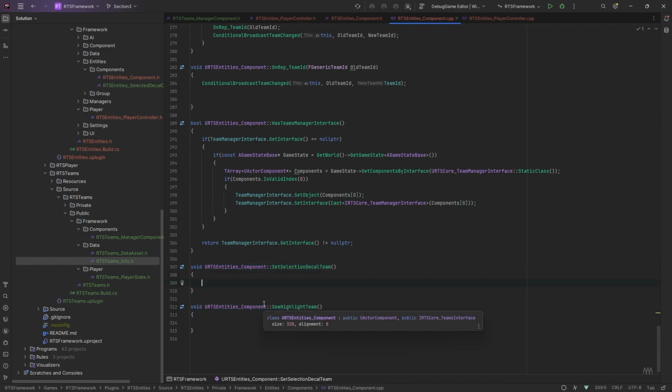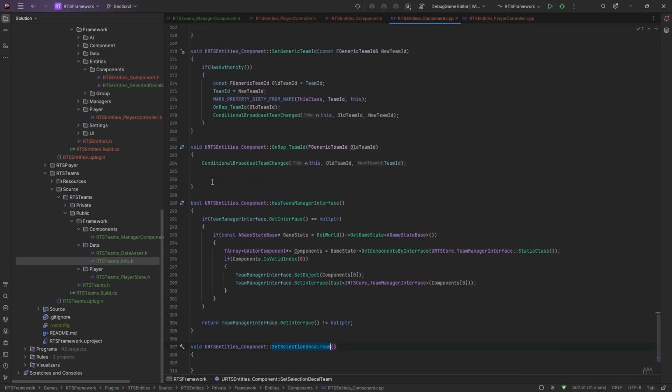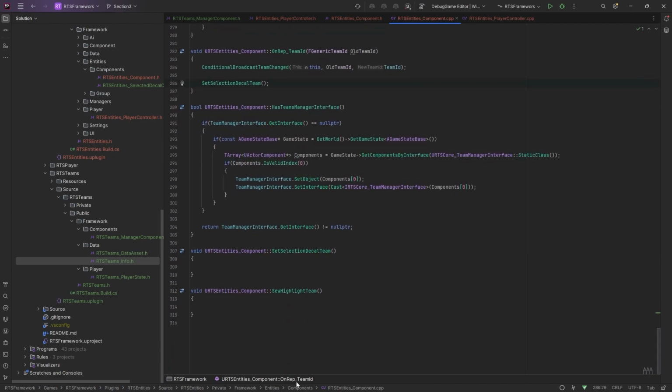Move it back up if we need to. Let's look at where we're going to call this first. So the set get decal team is going to happen in the on-ramp. When we change teams, bam, done. And then the